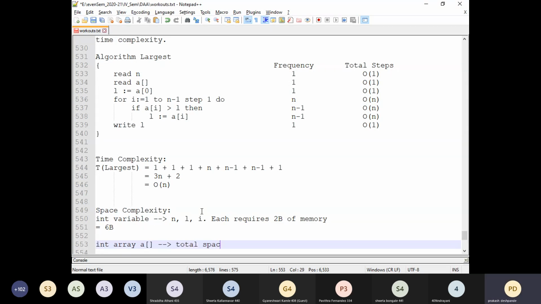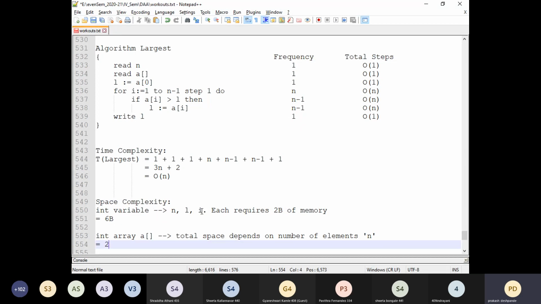Total space depends on n into 2, that is, it depends on the number of elements n. So the total size is going to be 2n bytes.